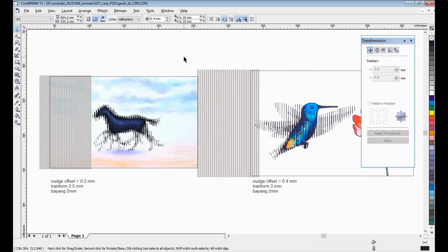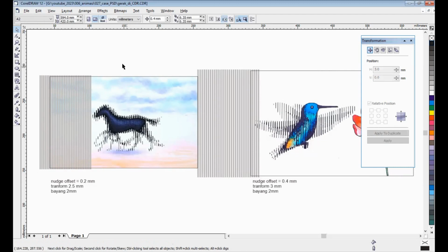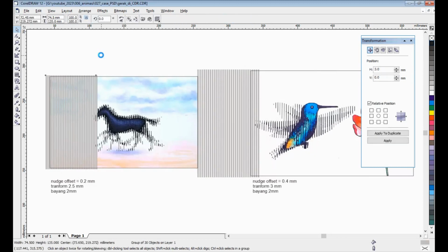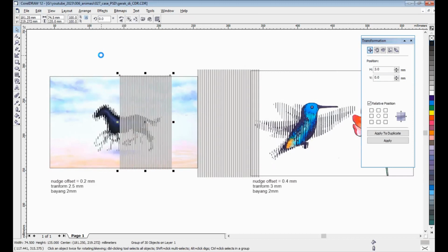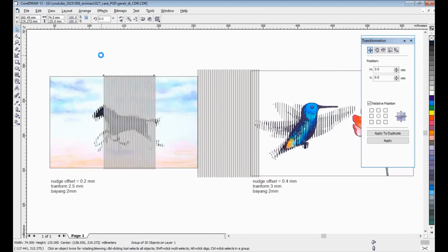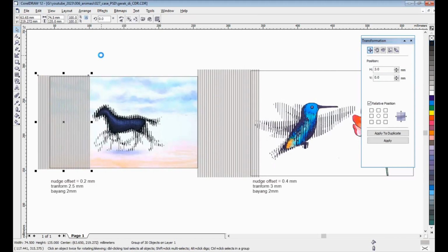Okay, but now I have an idea to try to move this object, but not offset, set on 0.4. Yeah, let's try and see the result. Okay, it's very fast, I think. Yeah, it's very fast moving, but if we want to make it slow, we must set node offset to 0.2.